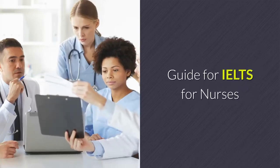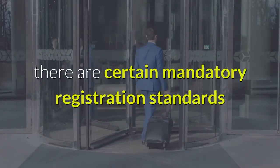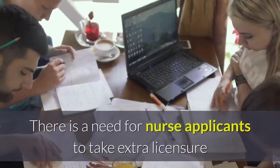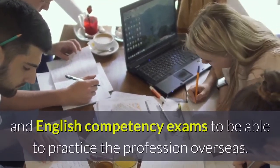Guide for IELTS for nurses. For nurses who are aiming to work abroad, there are certain mandatory registration standards that are required to be met before registration can be completed. There is a need for nurse applicants to take extra licensure and English competency exams to be able to practice